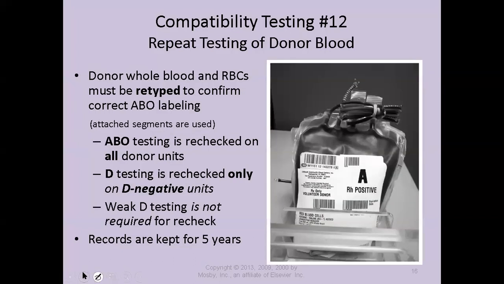So this slide has to do with testing on the donor blood. And so here is the infamous picture I alluded to earlier. So here we see clearly this is 1 unit of packed red cells. And how do I know? You see it says red blood cells, and it's telling us that they have some additives in them and that they are leukocyte reduced. And that's going to be important when we talk about processing of donor samples a little